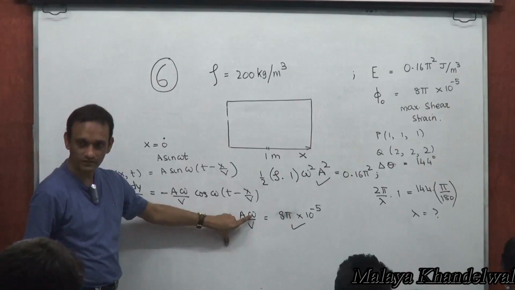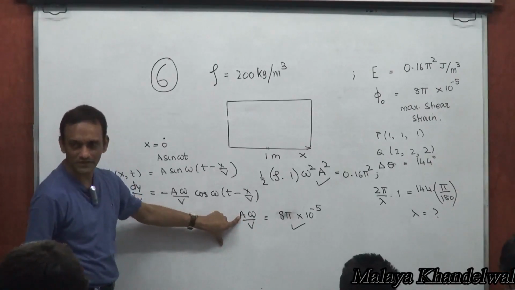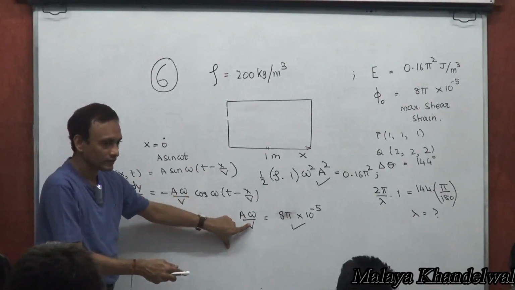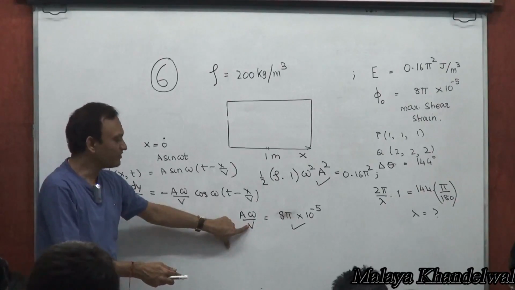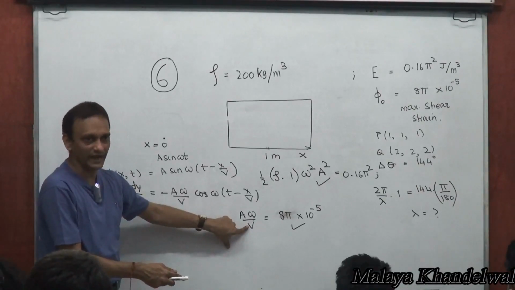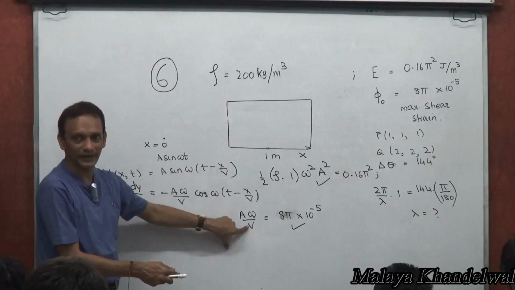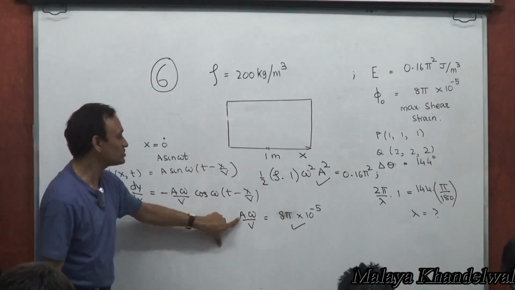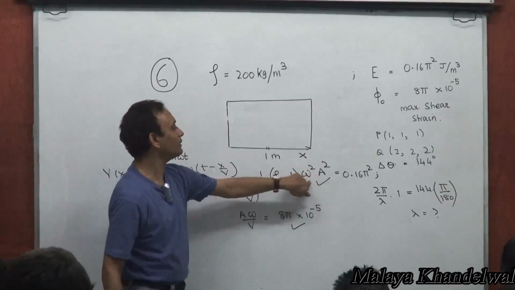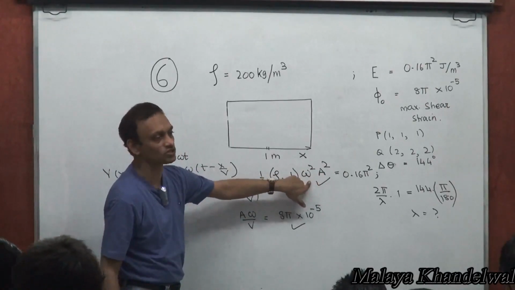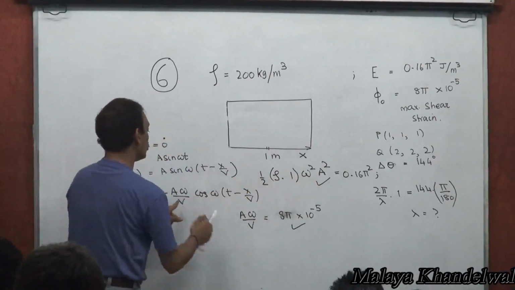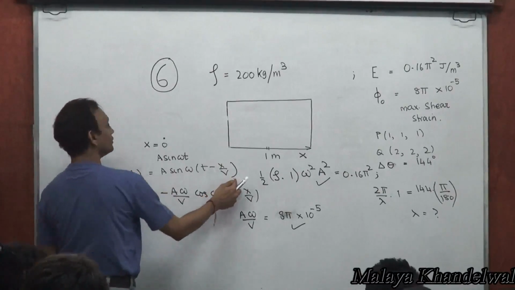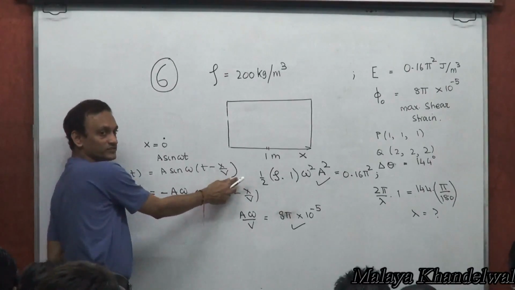I hope you understand this. So you can solve for a from this because you know lambda, right? V is n lambda, which is omega by 2 pi lambda, omega will get cancelled. So you can solve for a from this. Once you know a, you can plug in a, you can solve for omega because rest all is known to you. Once you know omega, you know a, then you know the displacement as a function of time for various